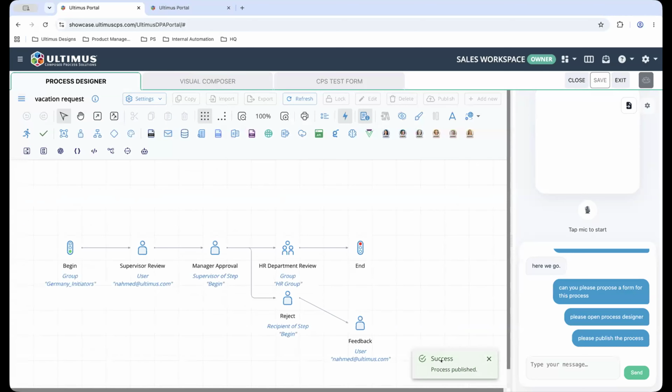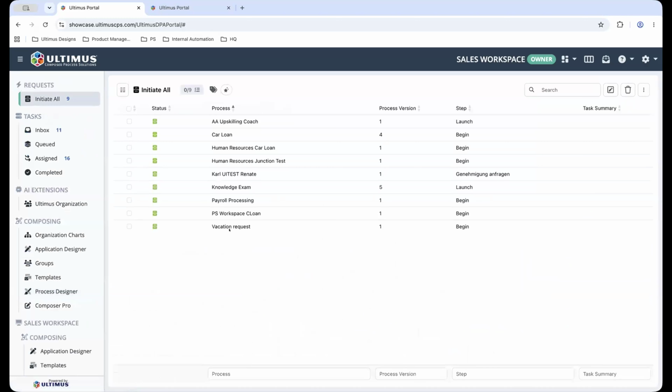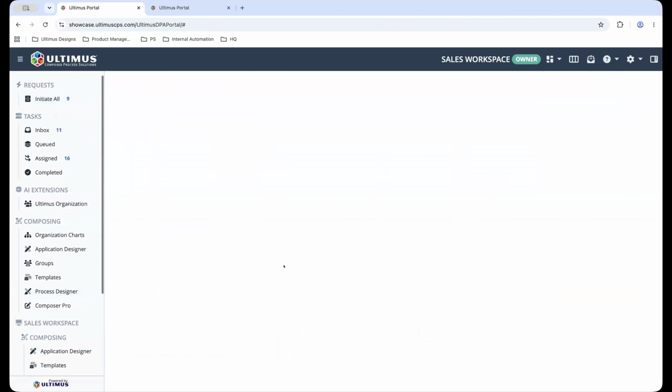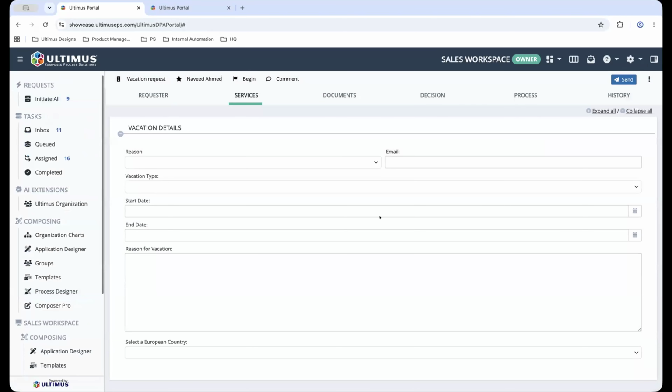Okay, so the process has been published. So it will be visible to this initial group like Germany underscore initiators. My user is part of this group, so that's why I should be able to also see this process and start. So for that, let's go to initiate view. Here we have this vacation request process, which is just published. We can open it like a business user,